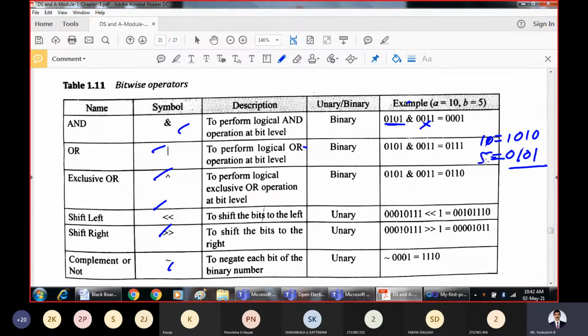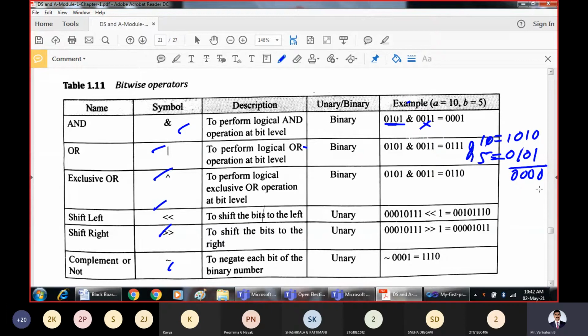So these operators will operate on individual bits of the operand. That means if you are going to perform the AND operation, A and B, only when both the bits are 1 will the outcome be 1. So 0 and 1 is 0, and it is 0 in every position.